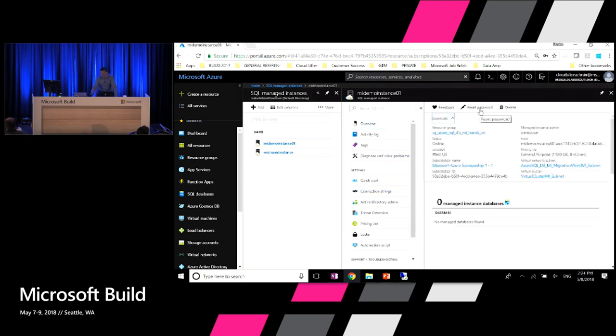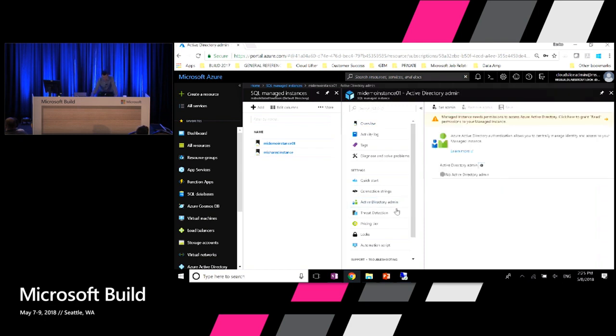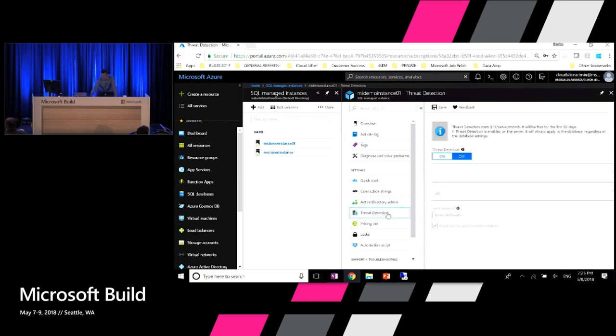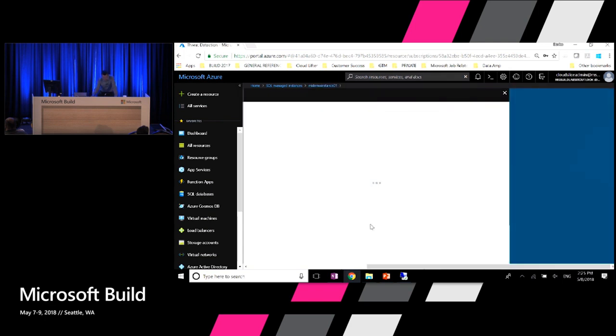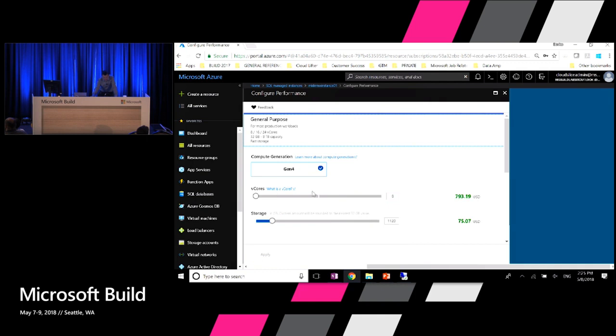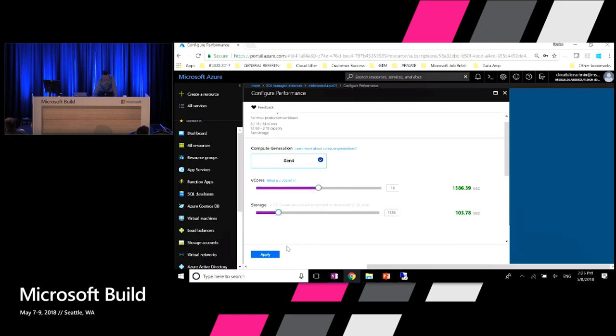You can reset the password for your sysadmin here. Basically, a person who has Azure permissions can do that. Then you can set up Azure Active Directory authentication, or you can use threat detection as an advanced service. But what is also very interesting, you can just say, hey, my managed instance needs to be bigger. Let me increase it to 16 cores, change the storage, and apply.